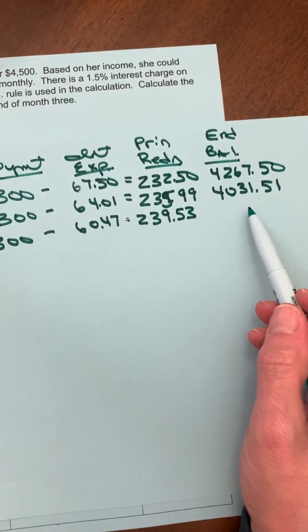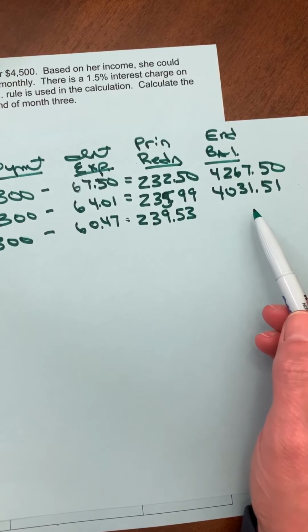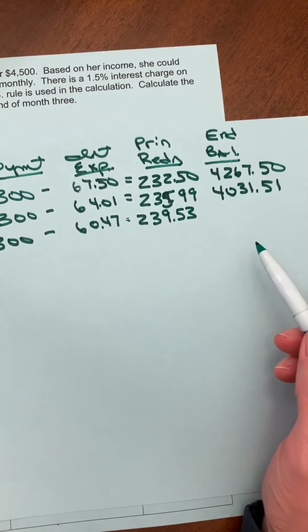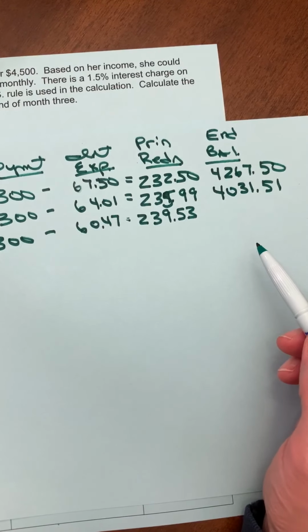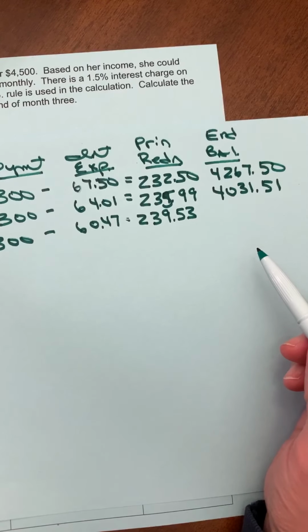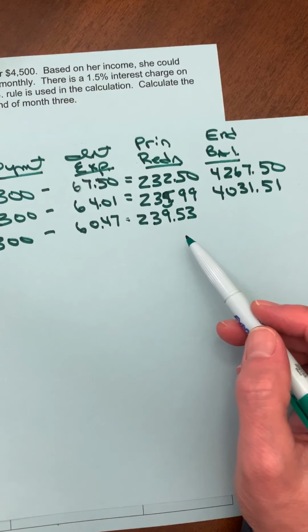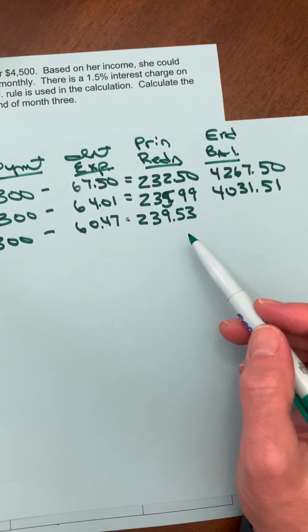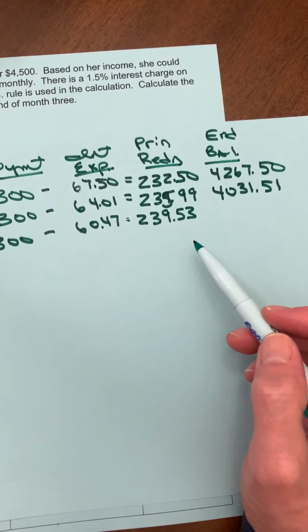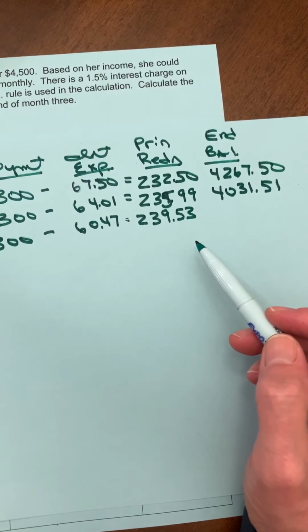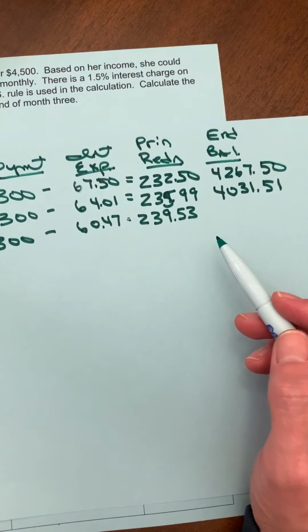So if I started the month owing $4,031.51, but now I've reduced that by $239.53, my new balance will be, let's see, $4,031.51 minus the $239.53. $4,031.51 minus 239.53 means my balance